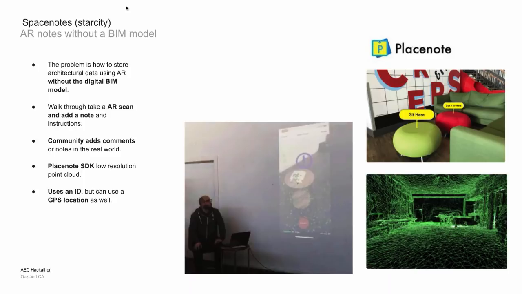So if somebody had an idea or had found something interesting about that building, they would be able to place a note, and the next person that came would be able to read it, including how things work. They used a user ID and the mesh that ARKit built, but they had difficulty: if something moved in that mesh, the location wouldn't be found, or the note wouldn't be found. They suggested that with a bit more time, maybe integrating a GPS location would work.